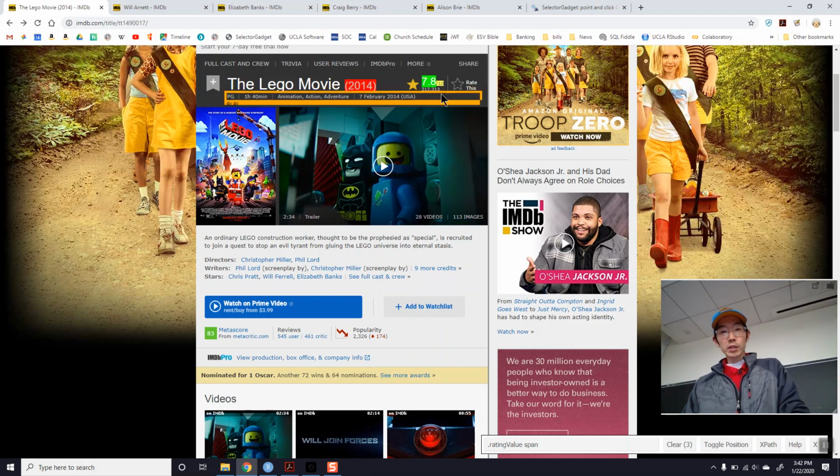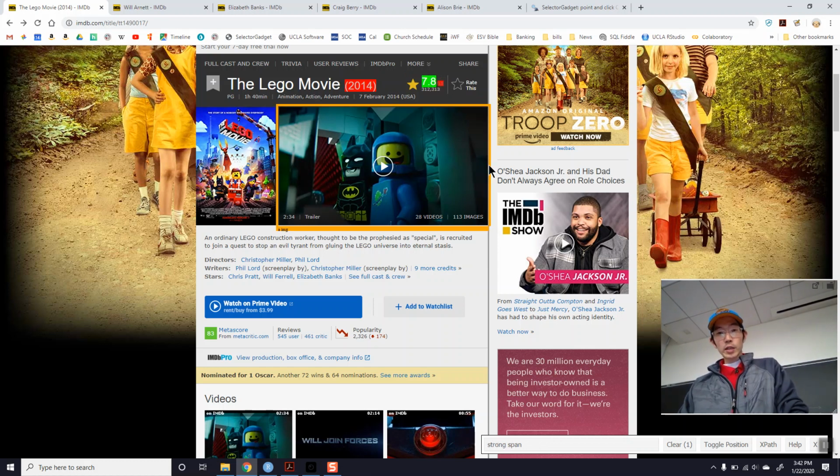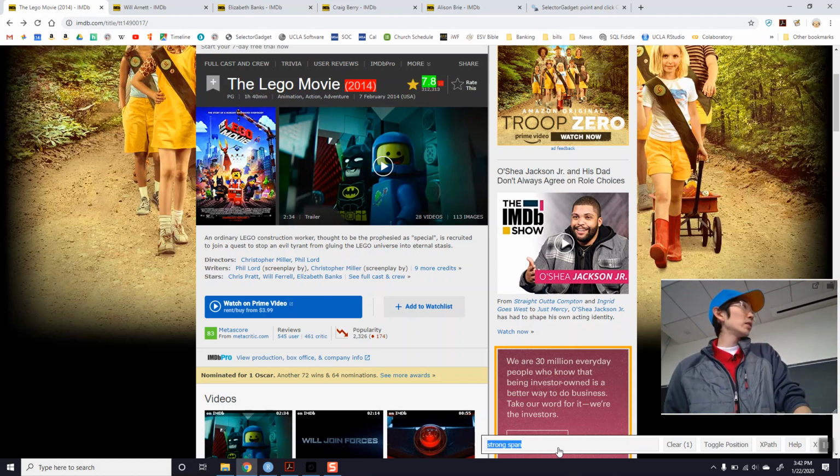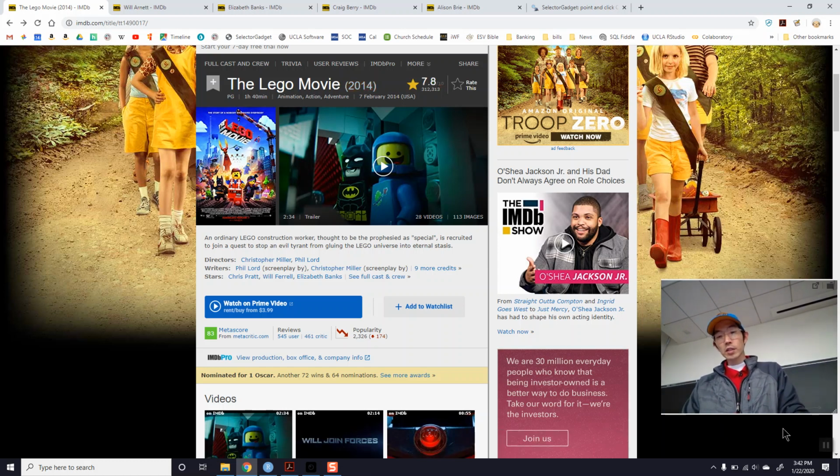Okay, and if I look carefully on the web page, this element that says 7.8 out of 10 shows up in tiny elements, so I'm going to just click that and say I don't want that either. Okay, and when I do that, only 7.8 is highlighted in green, and there's only one element. And it says okay, the tags you use to select this is strong span. So I'm going to highlight that, Control C to copy it,